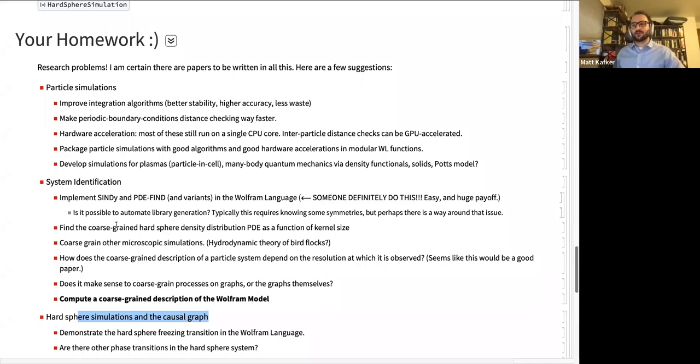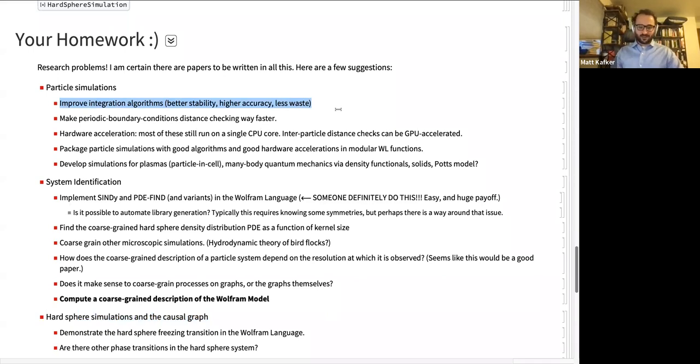I'm positive that there are scientific papers in here. Some of them might be quite good scientific papers, and some of them might be an afternoon of programming in the Wolfram language and then submitted to the function repository or something. So everybody told me within the first 5 minutes of the talk that my integration algorithms are not good enough.